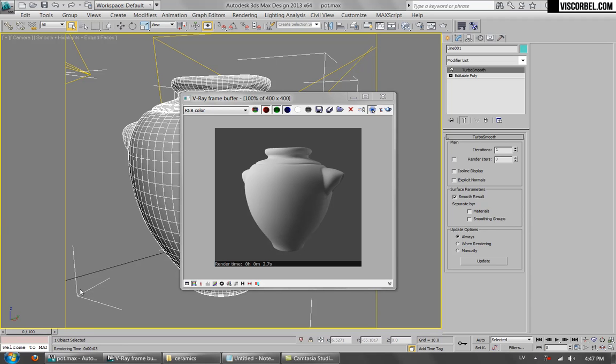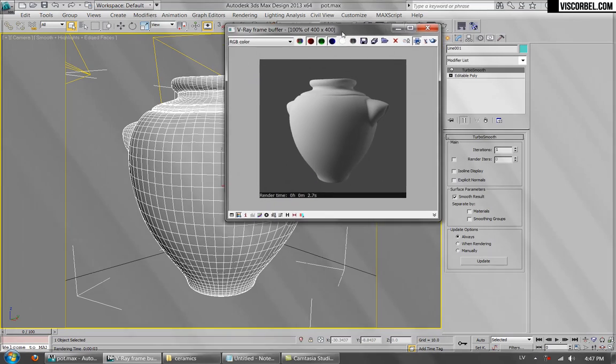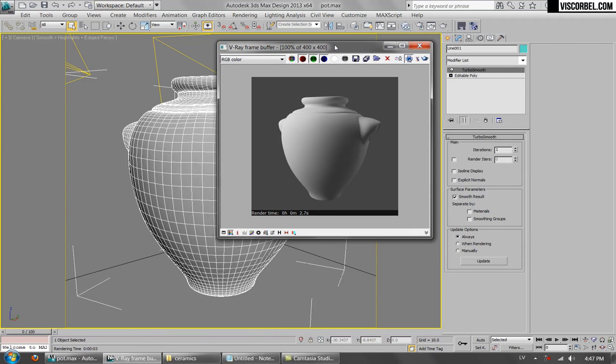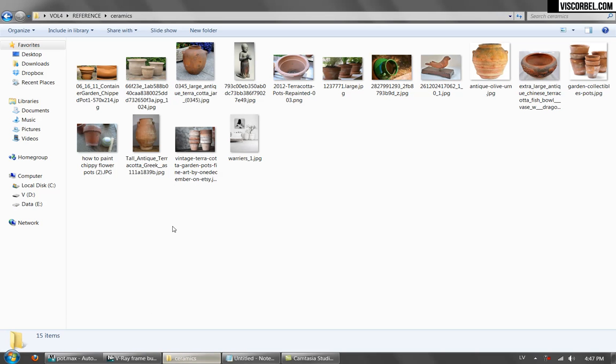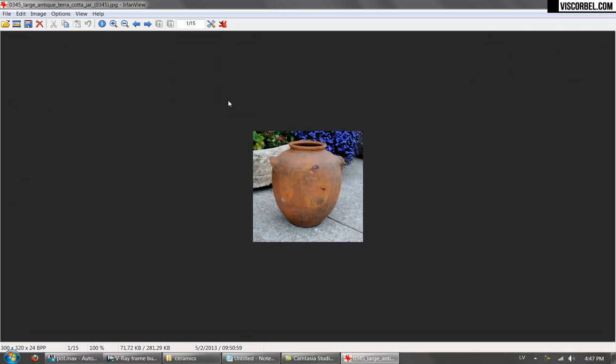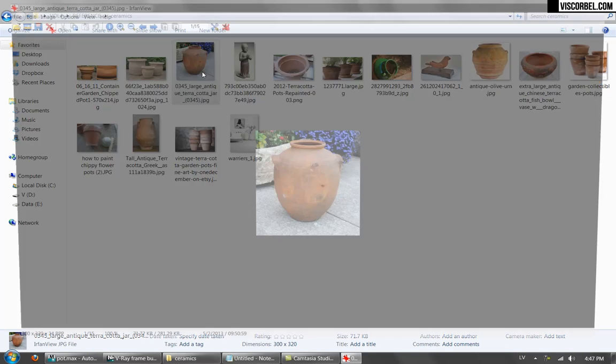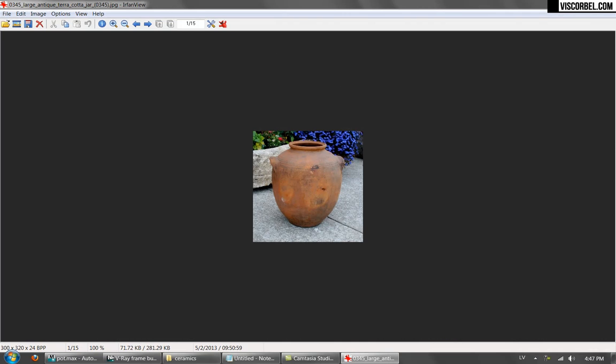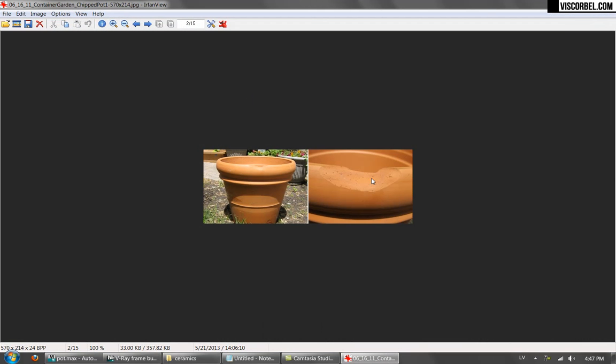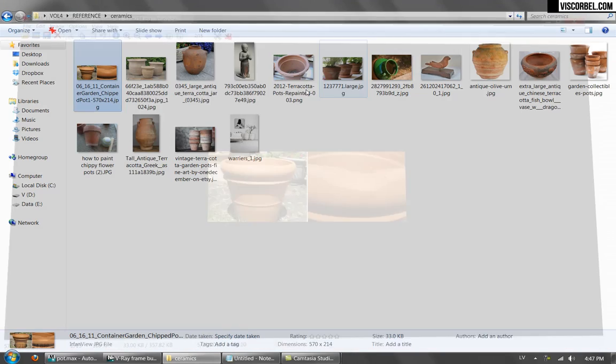First model I want to texture is this old clay pot. Right now it just has the basic gray Vray material applied, and what we want to achieve is something more like this, but with some additional features. So I want to take this, this is a rough guide. I also want to add some chipped edges,